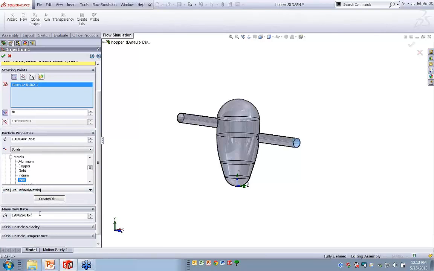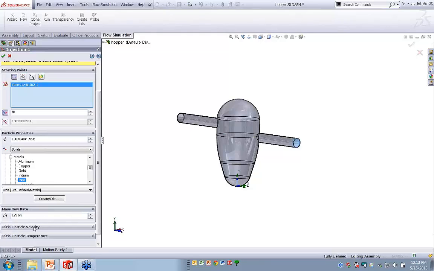And now we want to choose the mass flow rate. Well, how much stuff is really pumping through here? This is actually a pretty large hopper, if you can see the size. This is about 10 feet tall. The thing's pretty big. And we're saying on average, it's getting about 1/4 of a pound of iron per second. So lots being